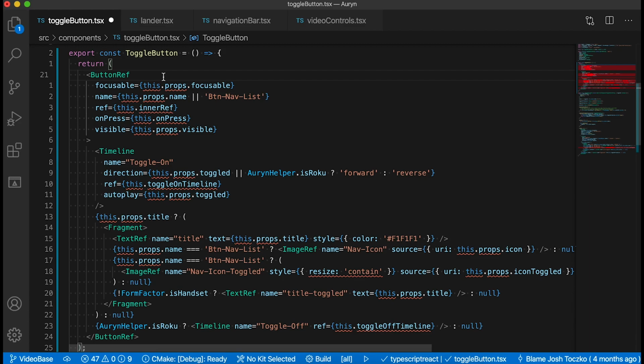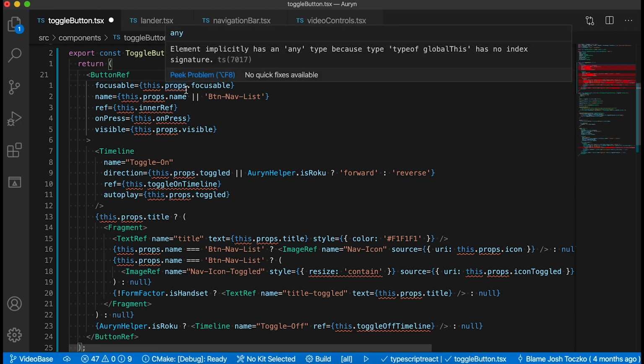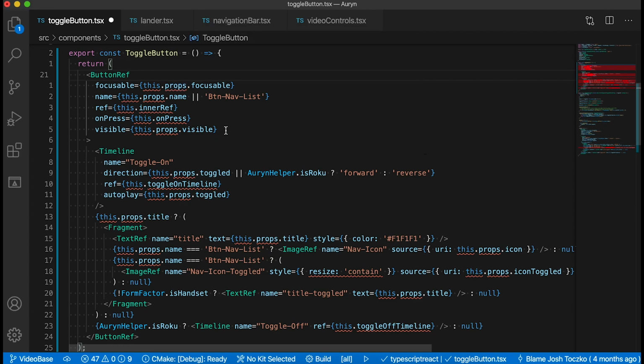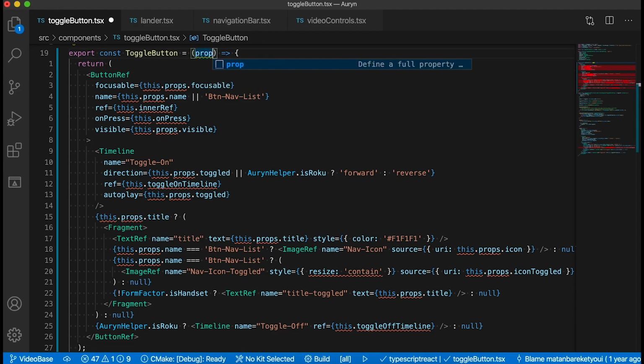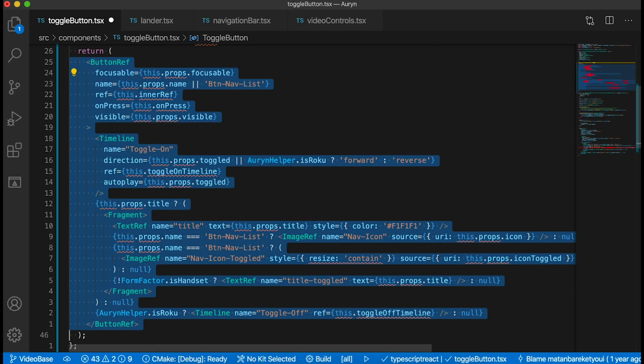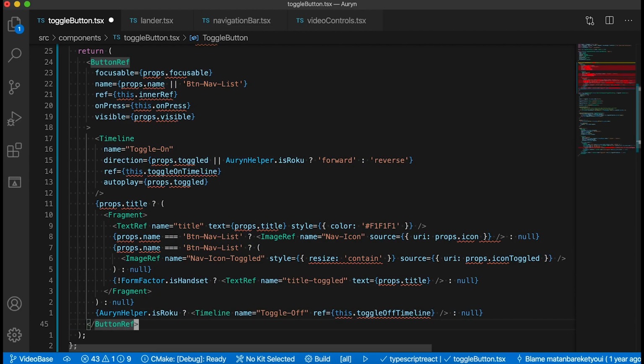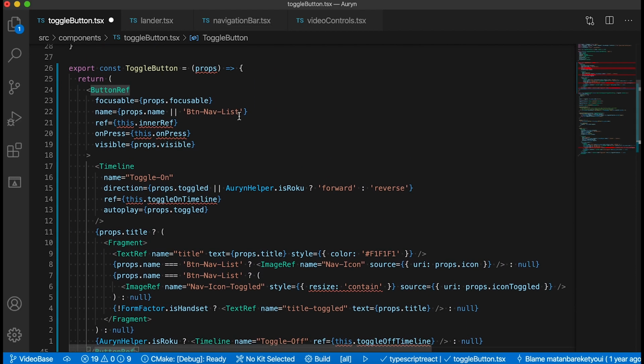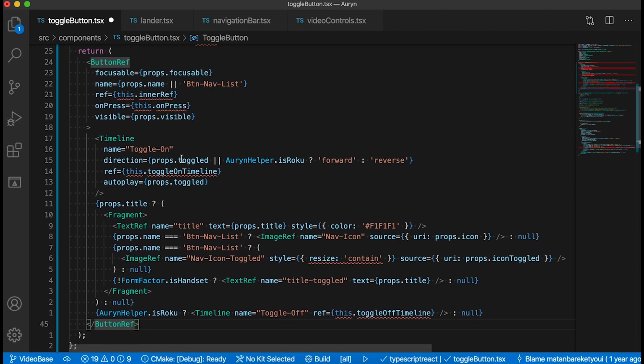But you'll notice that everywhere that we have this dot props, it's giving us an error, and that's because this is not defined for function components. It would just be props, which are usually included here. So we need to remove all of those. So we will do that. There we go. So now we have props being referenced correctly,